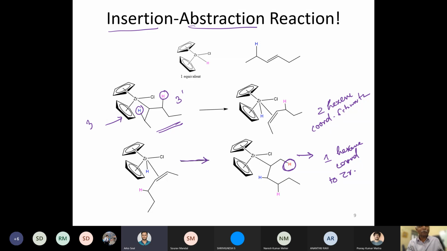Say that again. I didn't follow. In the BH insertion on alkene. Yeah. Oh, you're talking about hydroboration reaction. Yes. Is it similar to that, where if we heat it, the boron gets transferred to the terminal carbon from an internal alkene? Here also the terminal alkyl group is favored. So the thermodynamics of the alkyl complex is determining the product. Okay. Yeah.